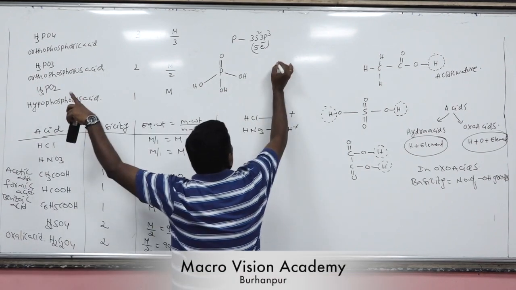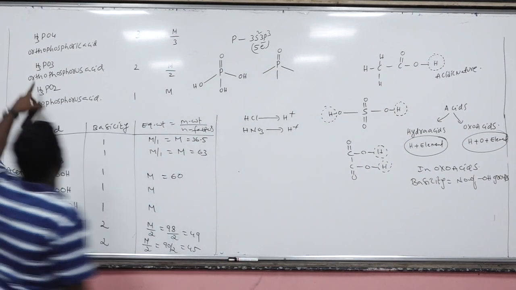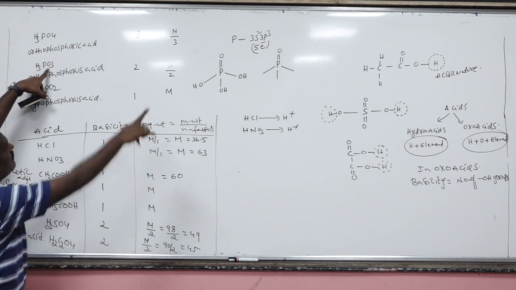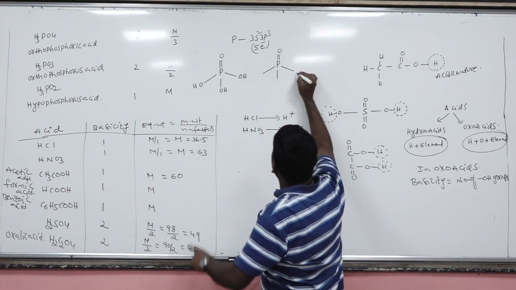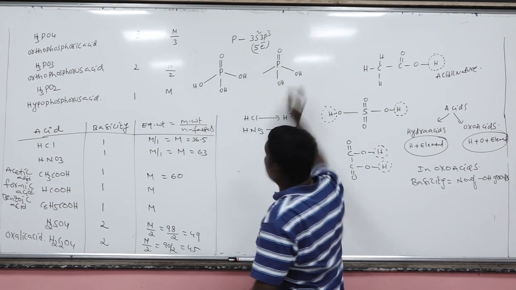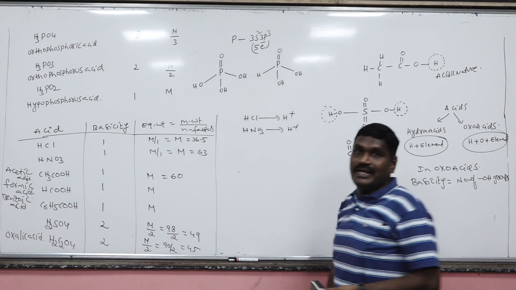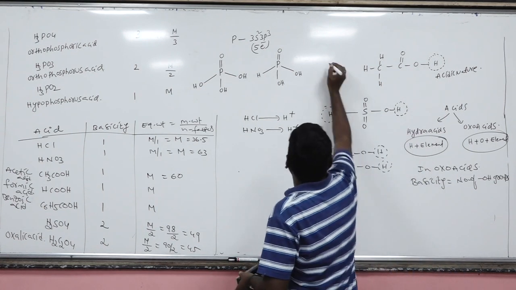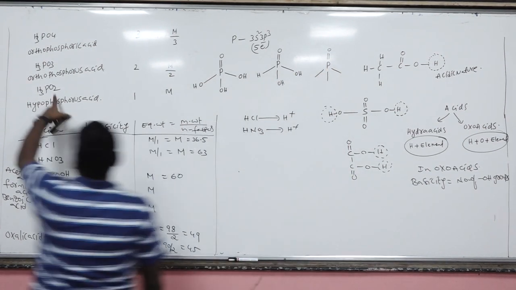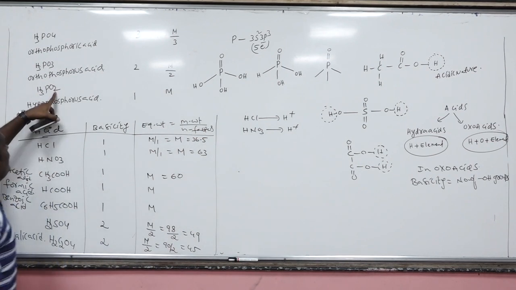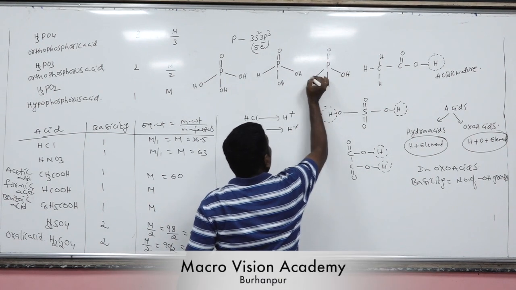Now come to the second acid structure. How many hydrogens are there here? 3. How many oxygens will be left over? Only 2, because already one oxygen will be forming a double bond. So the remaining 2 oxygens will combine with 2 hydrogens to give 2 OH. So there will be how many OH groups? Only 2. And the leftover hydrogen is directly connected to phosphorus. Okay. Now the third structure. Out of 2 oxygens, one oxygen will form a double bond and one oxygen will be left, which is combined with one hydrogen, so that it has only one OH. The remaining 2 hydrogens are directly connected.